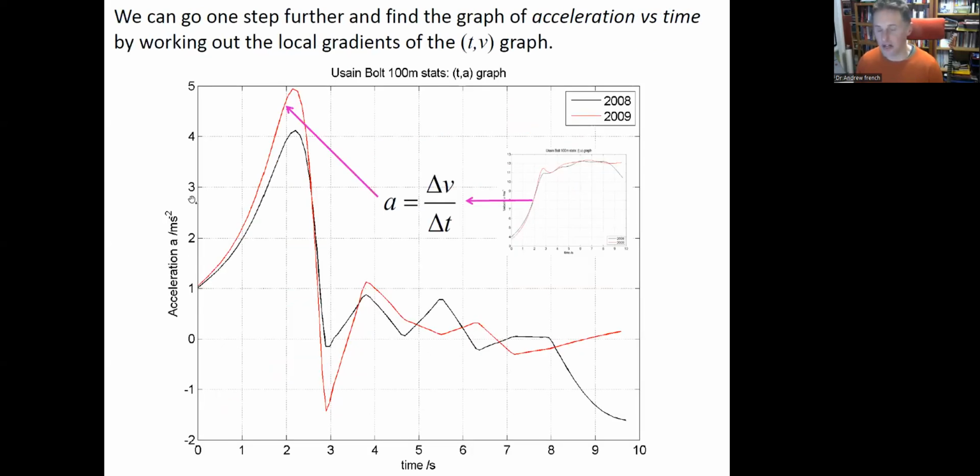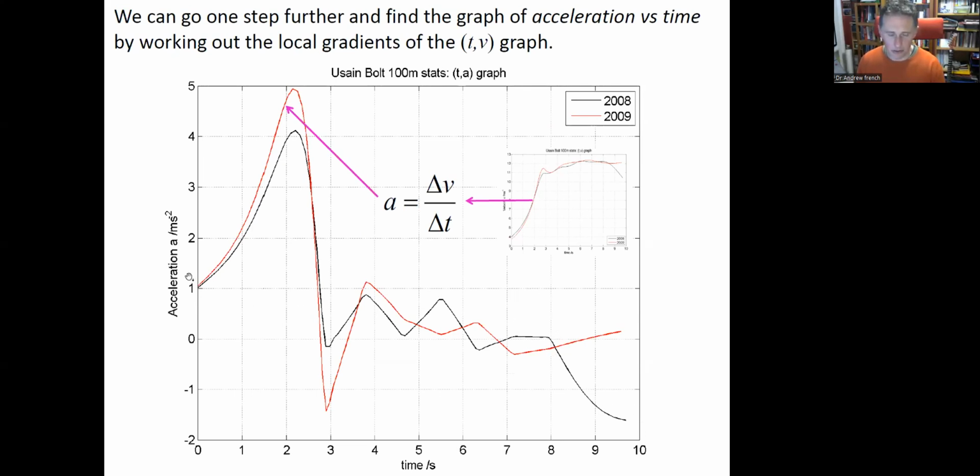And then we might want to differentiate it again. In other words, find the gradients at all points. And this is acceleration versus time. So acceleration will then give us force, because mass times acceleration is the vector sum of force. And what you can see is a maximum acceleration, and then there's a bit of noise. We don't really have the data to know that we've got some ups and downs here, although we do definitely have a negative acceleration for Beijing, where he's slowing down.